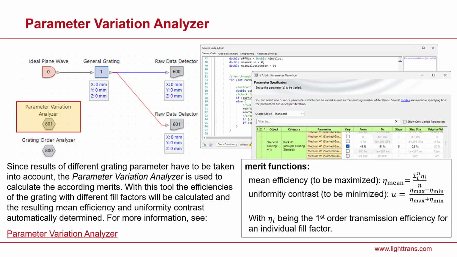On top of that, using the grating order analyzer to produce the results, we use the parameter variation analyzer, where we configure the variation of the fill factor. We see right there marked that range from 49% to 51% fill factor in 5 different steps with a step size of 0.5%. And we calculate, using programming, the merit functions